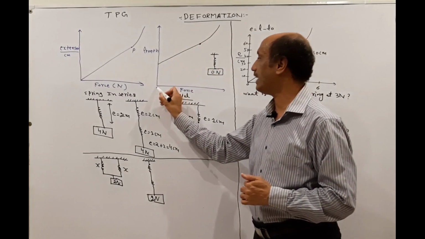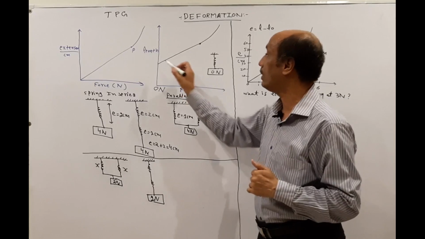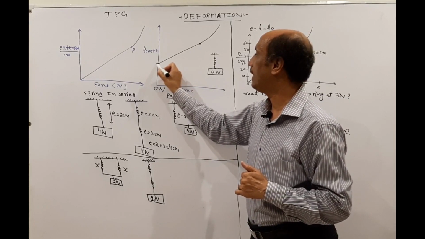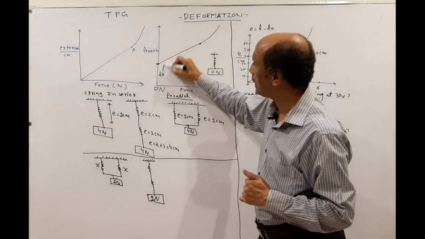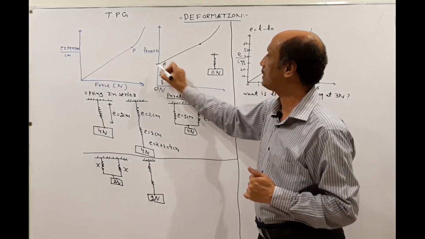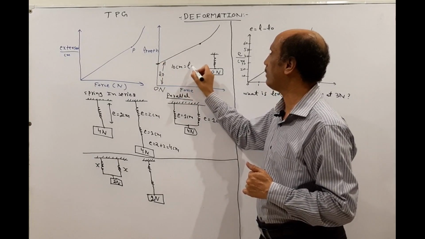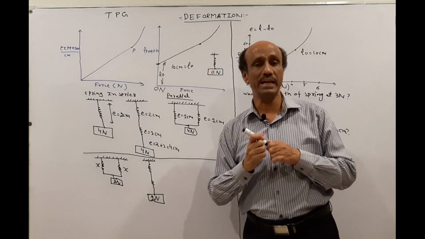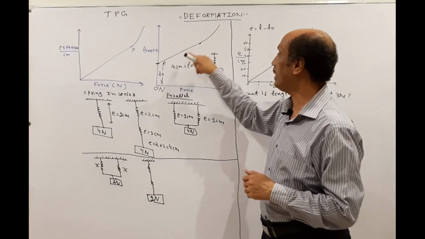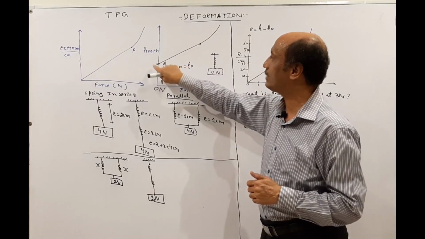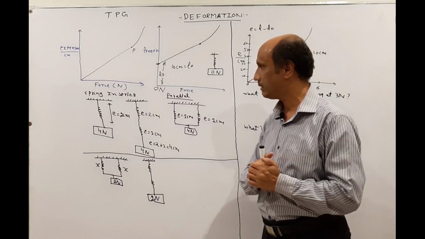At that point, when the force or the load is equal to 0, the length at which the graph cuts the y-axis is L0, the unstretched length. Let's suppose that it cuts the y-axis at 10 centimeter. So from this graph we can find the unstretched length, which is 10 centimeter. How can we calculate the unstretched length? We extend this line towards the y-axis. Wherever it cuts the y-axis, that point is the unstretched length.